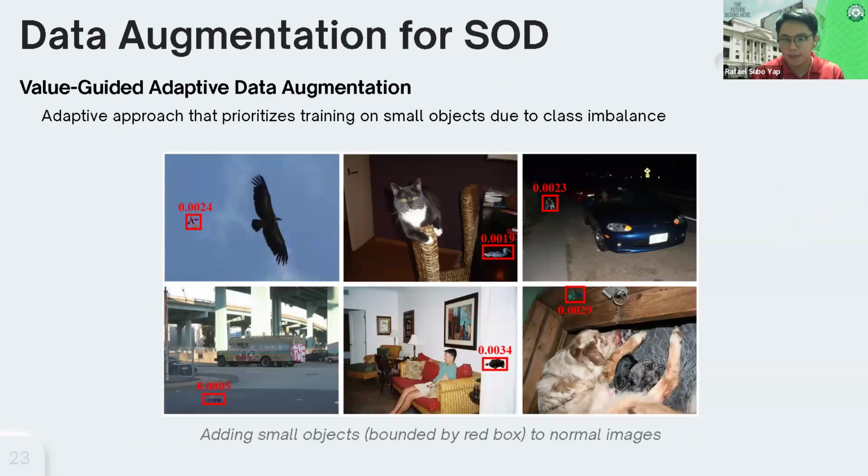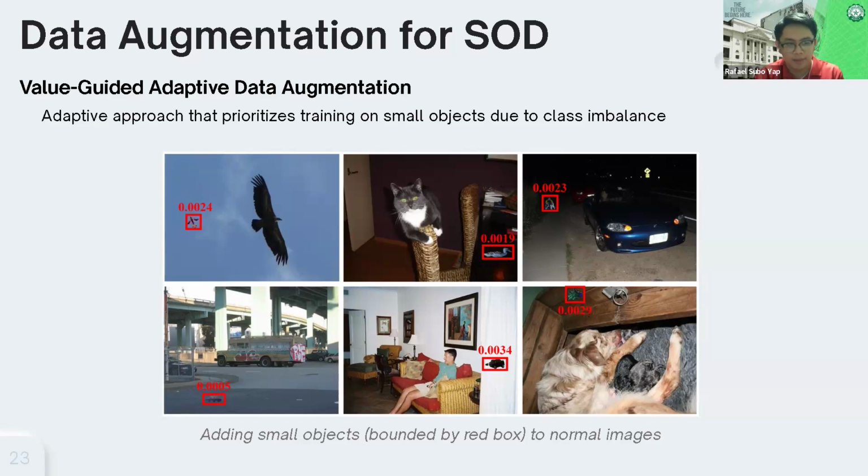So the common image augmentation techniques like rotation, scaling, translation, flipping, and cropping are still used in small object detection. But now we'll talk more about advanced augmentation techniques because there's class imbalance and low data variability in most small object datasets. So we synthetically modify the input data. We can increase the variety and number of small objects the model sees. The first one we'll talk about is